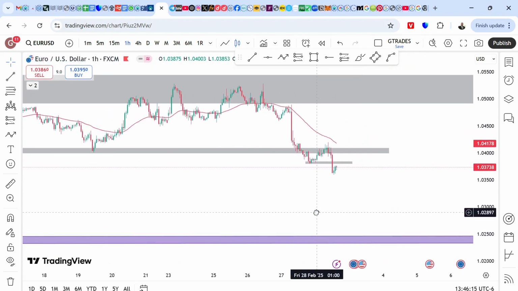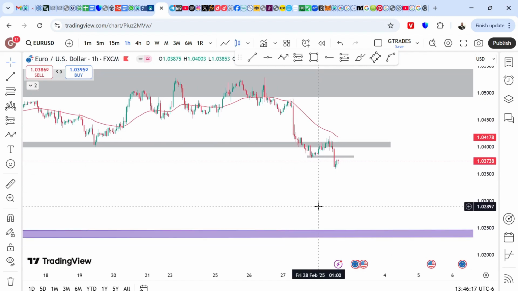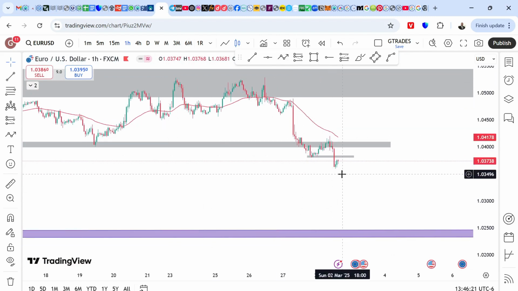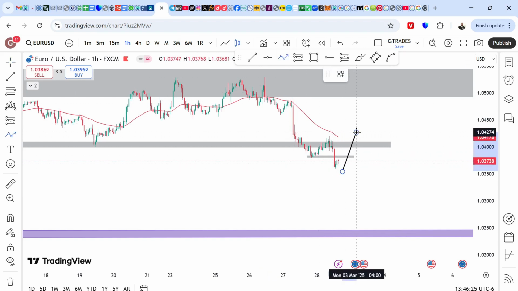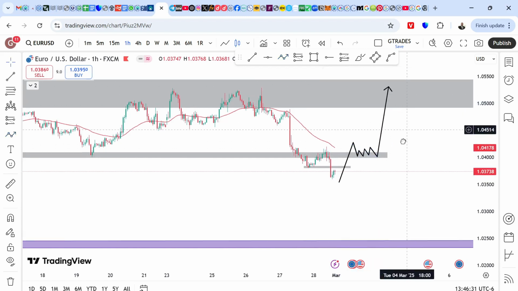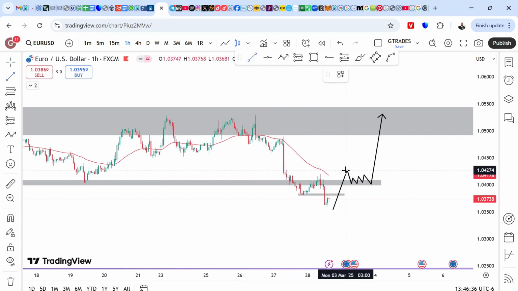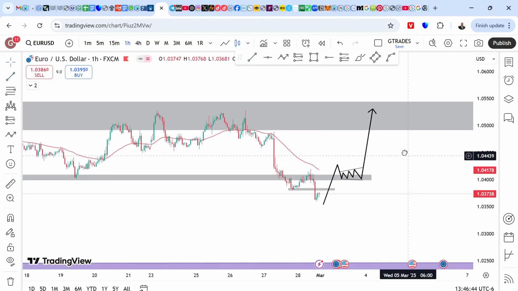The only thing that would make me change my bias from sell to buy is if price breaks back inside the zone of support and starts giving me some build up here, and I'll be willing to buy onto this level. Remember that with my strategy, you can day trade, you can swing trade, and you can scalp, right? Now with this, because you would be trading against the trend if you are looking for a buy,